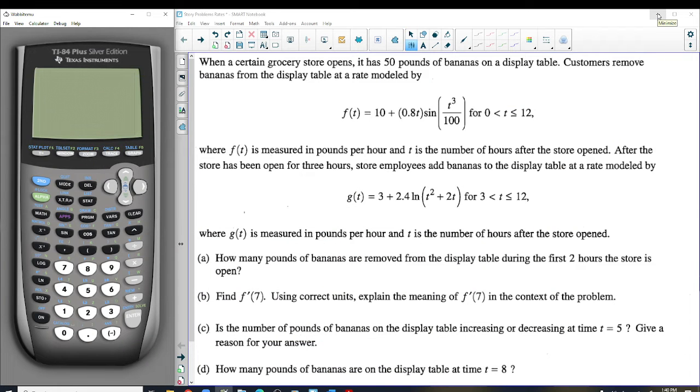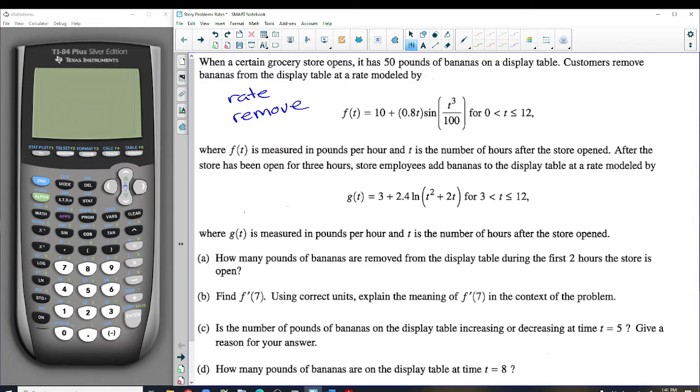When a certain grocery store opens, it has 50 pounds of bananas on a display table. Customers remove bananas from the display table at a rate modeled by F of t. So remove, this is a rate. We're not talking about how many are on the table. It's talking about the rate at which they remove. F of t is measured in pounds per hour, and t is the number of hours after the store opened. After the store has been open for 3 hours, store employees add bananas to the display table at a